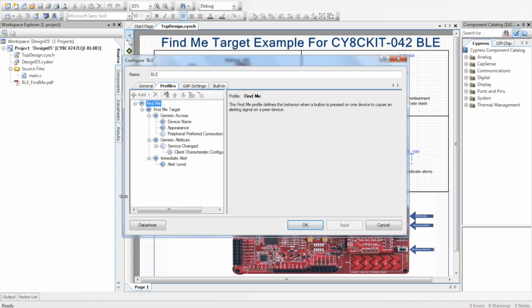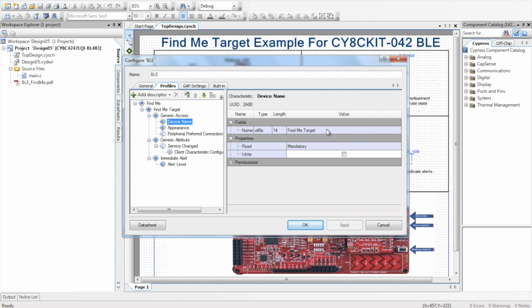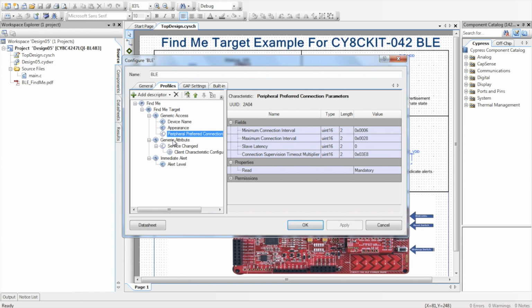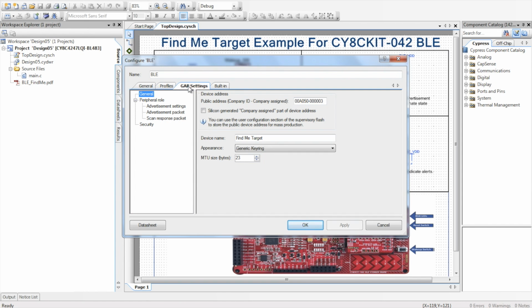If we go into the profile details, this just lists the details of the specific profile. So we have generic access information. We have the device name. The device name here is Find Me Target. The appearance. A lot of this information is based on information that's populated in the General tab and the GAP settings and built in. So you can't really edit information here, but you can in the GAP settings. So within the GAP settings,